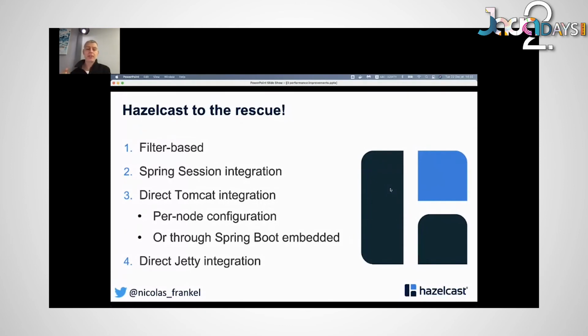The first is, if you are not using anything standard, you can use a web filter-based integration. So in your application, you define a web filter, you configure it, and we will do session replication. If you are already using Spring Session, then you know about all I've told before, and Hazelcast is actually a Spring Session implementation. Or if you are using Jetty or Tomcat, you can integrate